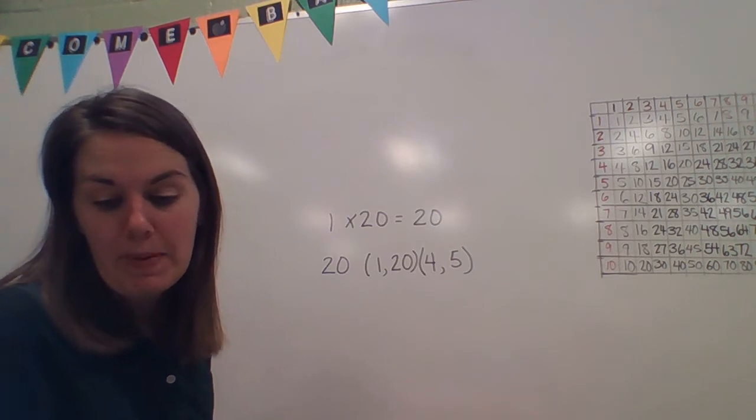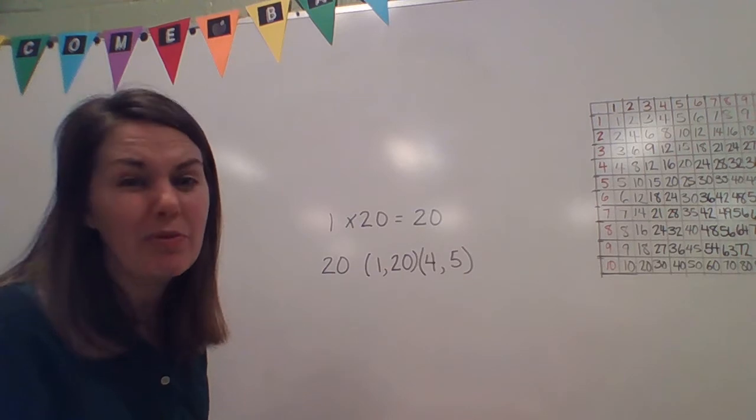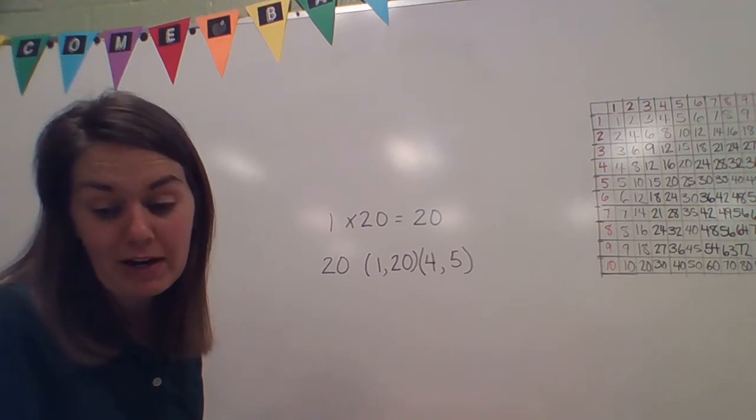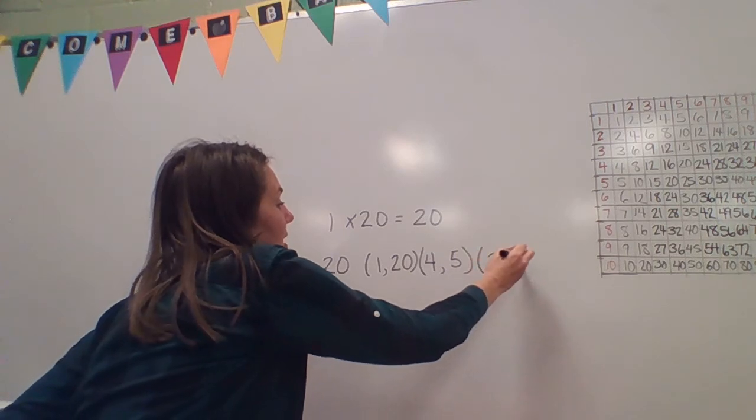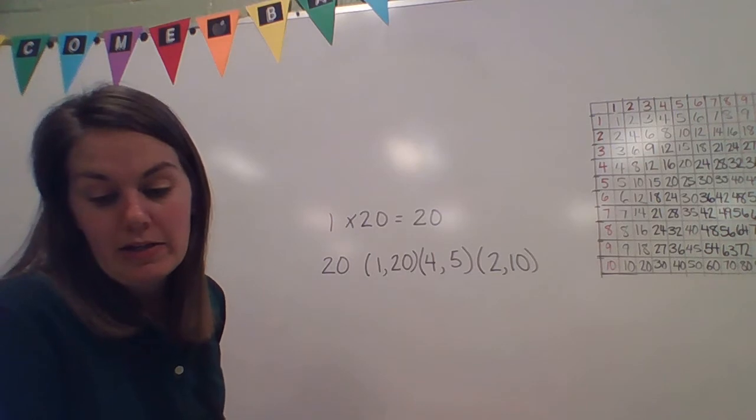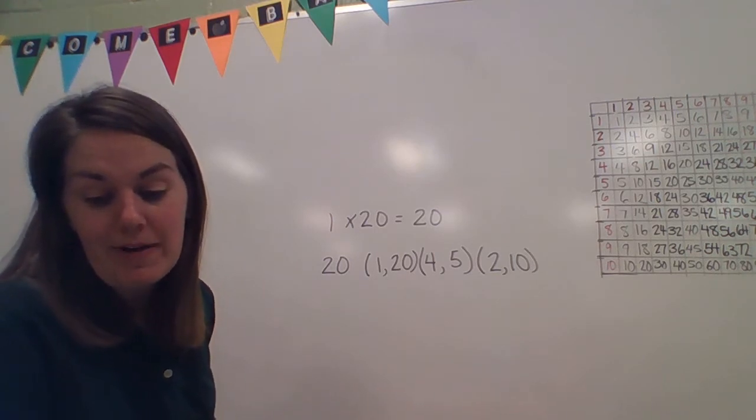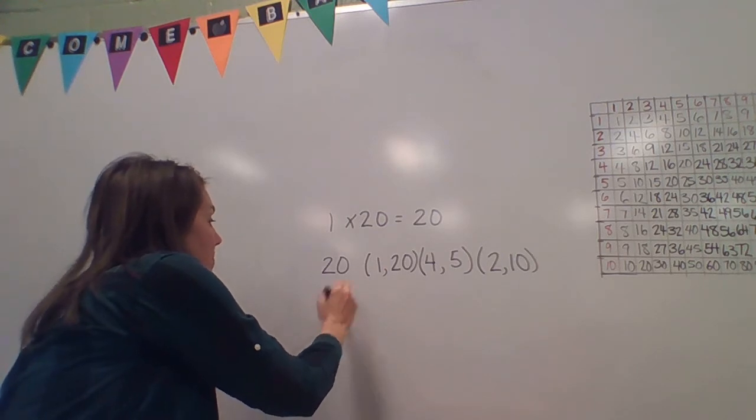All right, B says to fill in the multiplication equations to show the other factor pairs of 20. Well, we just kind of did that. We have 4 and 5, and one that we didn't show is 2 and 10, which also make up 20, right? So C says, what are 6 different factors of 20? So they're just asking you to list them. So for 20, we have